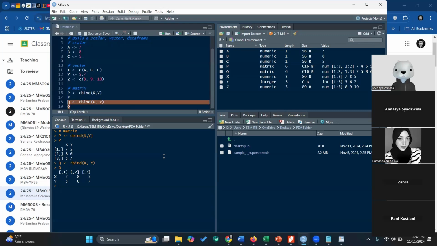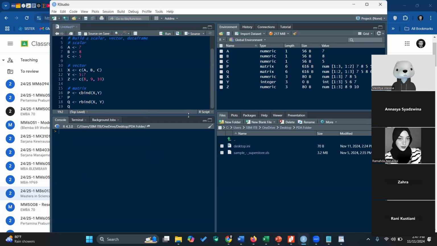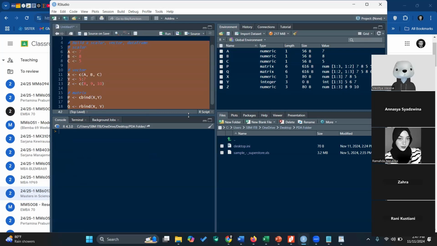Now, if you like, you can also have a mini trick. Scalar, vector, matrix, maybe now data frame. Let's do this. I will copy paste again. Vector, it's up to you.